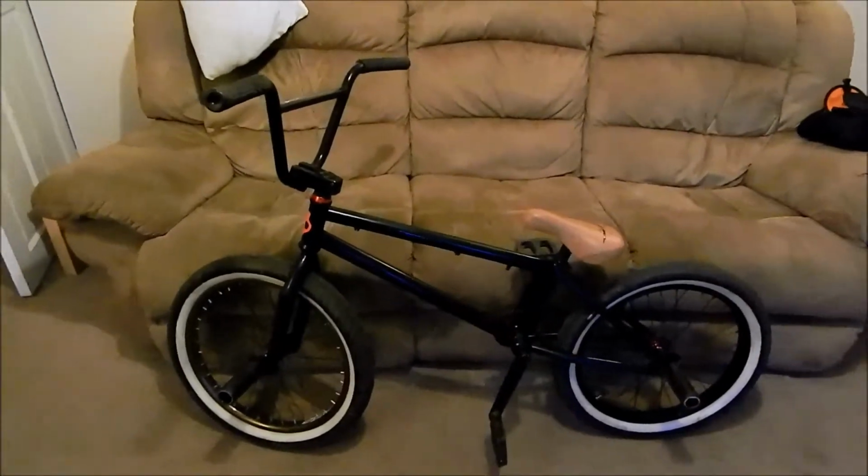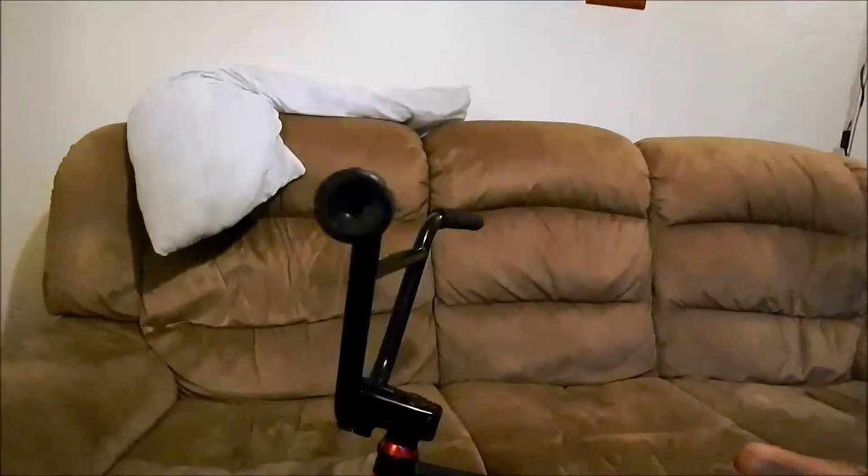Hello guys, this is my 2015 bike check. Let's start off with the bar ends. We got some Odyssey bar ends and some Colt fan grips, some Total GS bars